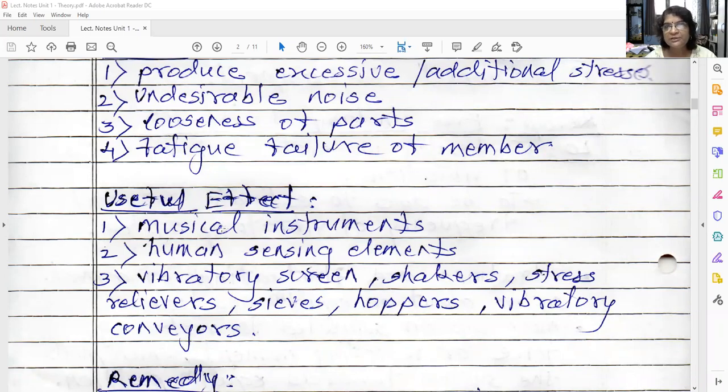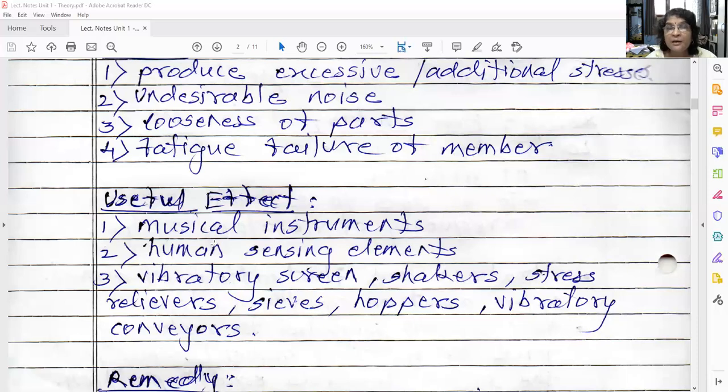So string vibration will produce a sound. Then the second useful effect is the human sensing element. This is not mechanical vibration, but anyhow all our five senses are related with vibrations. Because of vibrations only our five sensing organs work. For example, our lungs vibrate. Because of the vibrations of the lungs only we breathe in and breathe out, and due to that only we are